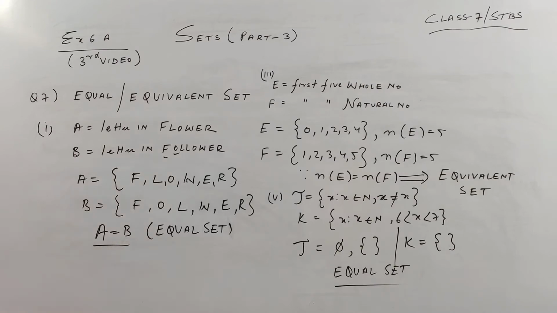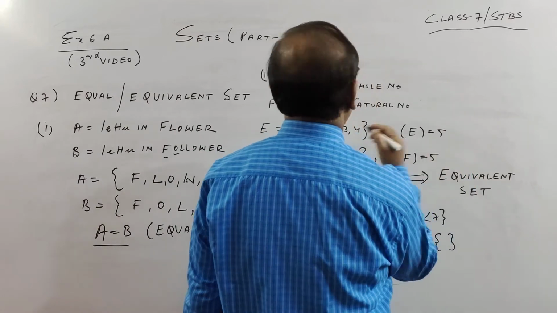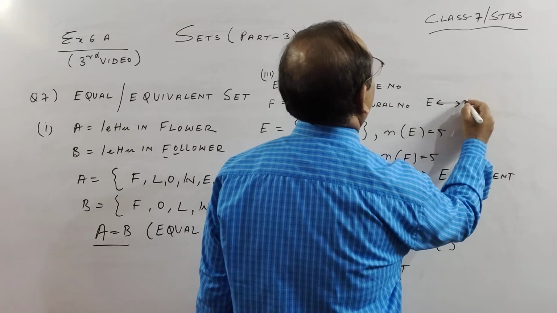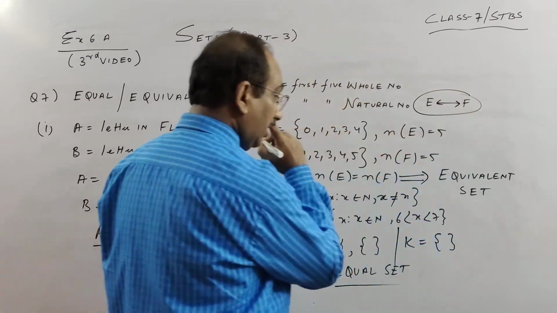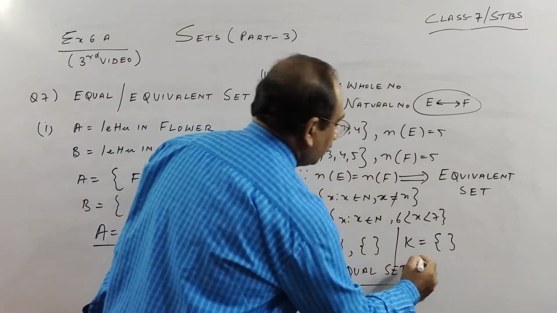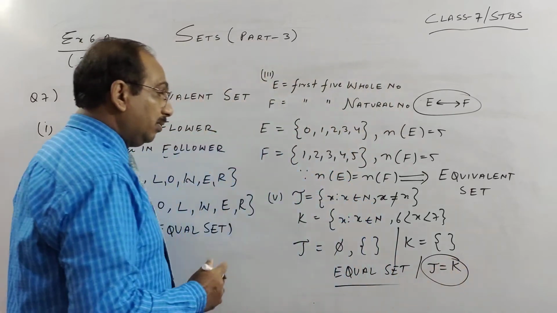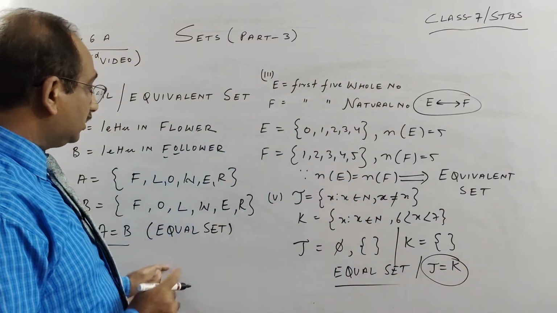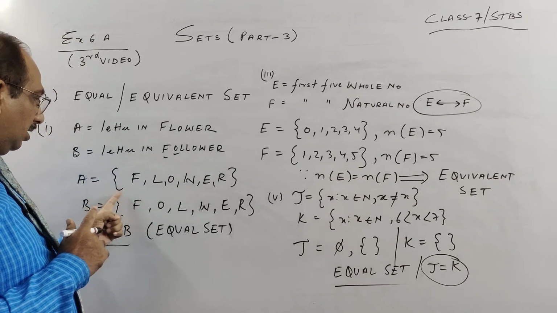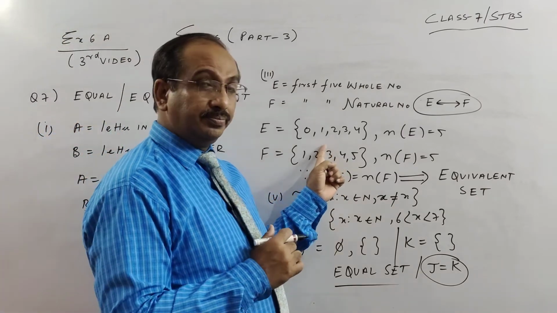So children, there is a symbol for equivalent sets. If you see E, this is how you can write it. One symbol you will see for equivalent sets. For equal sets, as I have already told you, we have equal signs. So here you can write J is equal to K. So remember one more last thing. Equal sets are always equivalent, because the cardinal number of both is 6. So equal or equivalent, but equivalent may not be equal.